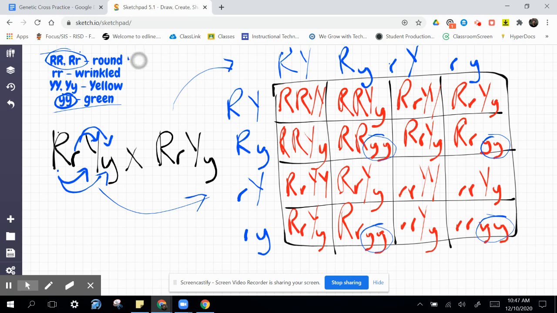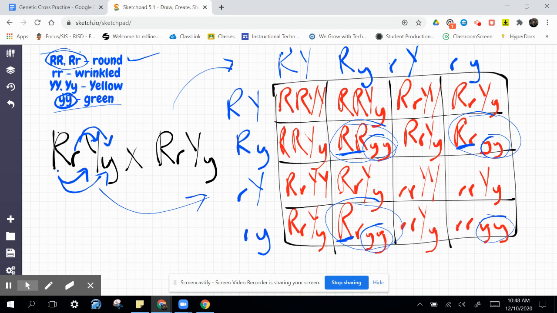But we also need those boxes to have the dominant R. We need that dominant shape allele. That capital R is what we are looking for. And so if I look at this, we got that right here with this dominant allele. We have that here. This one was heterozygous, but this one is homozygous dominant, so that's going to be round also. And here we have another heterozygous one, but it has that dominant allele, so that will be a